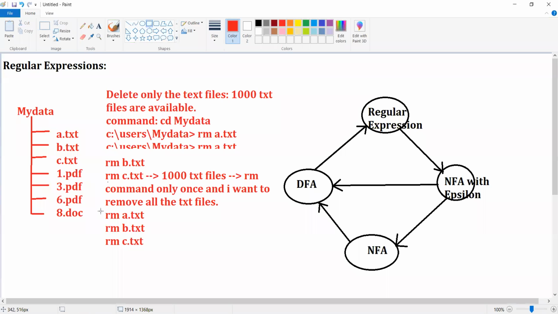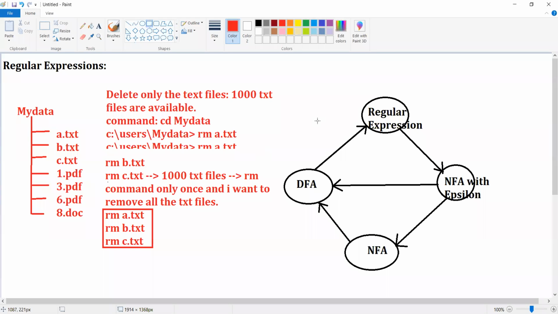Have a look at these 3 commands. Please, everybody, concentrate on these 3 commands. Now, please come to some conclusion. Can you tell me if you are able to identify anything in these 3 commands? The rm command is followed by the file names. We have used this rm command 3 times. Are you able to come to any conclusion from this?